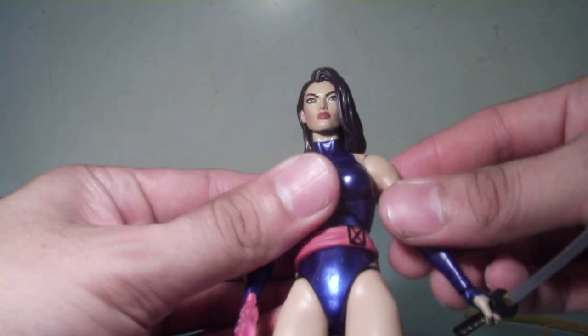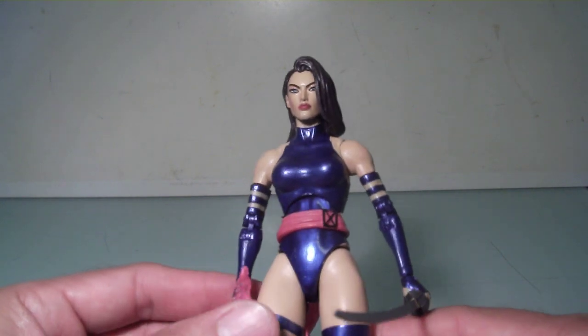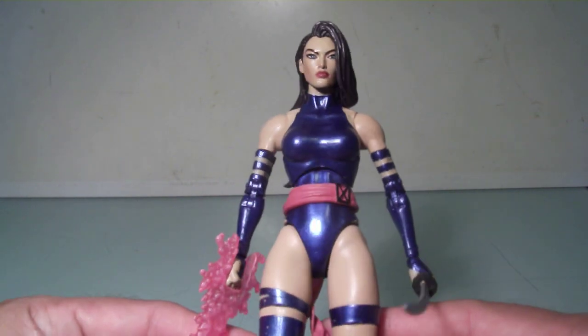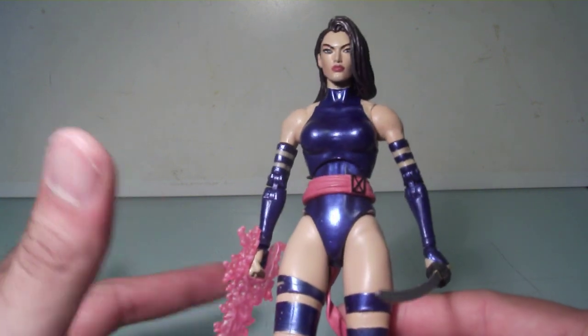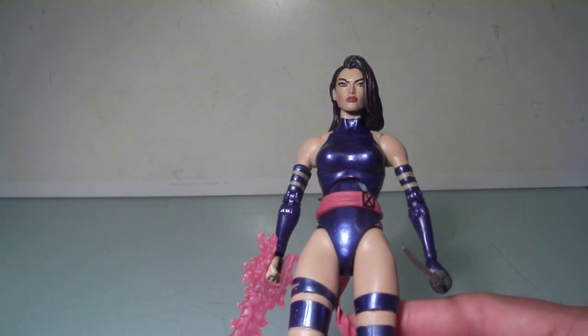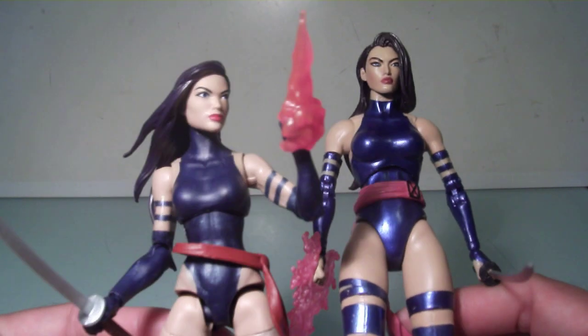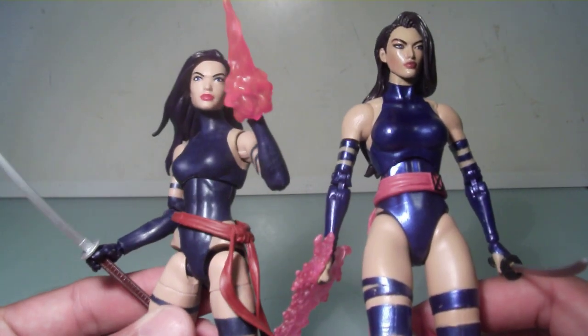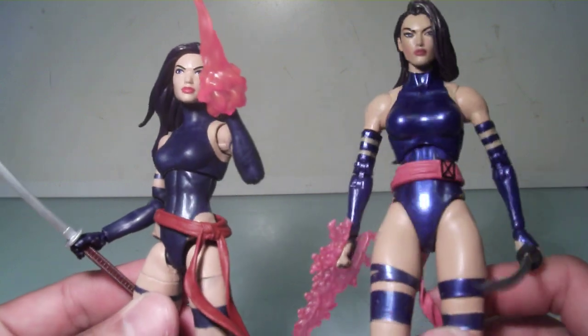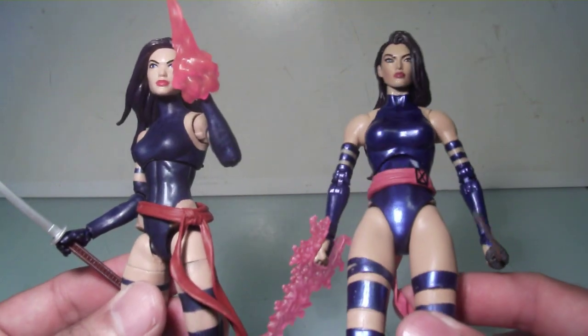So this figure, I know that the prices went up, but on average Marvel Select figures tend to go between $20 and $25. So Psylocke came with all those accessories and a really great sculpt. For some reason the Hasbro figure just came with a few things and that was it. I mean, how is it that Diamond Select's able to package a figure with...